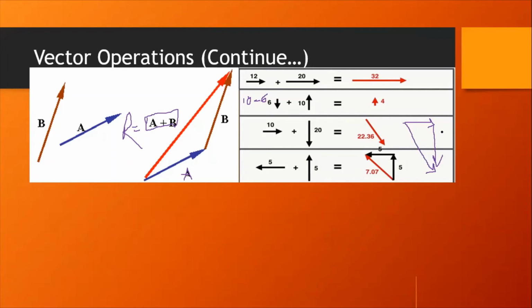So this one is 20 and this one is 10. You have to find the resultant according to the angle, and you can find it with the Pythagoras theorem. You can easily apply the Pythagoras theorem because one angle is a right angle, so it is a right angle triangle here. Let me draw it here. This one will be like this, this one will be like this. So it is 90 degrees, so you can apply the Pythagoras theorem over here. So you will get the resultant force. And in this case, you have to apply the Pythagoras theorem and make the triangle like this.